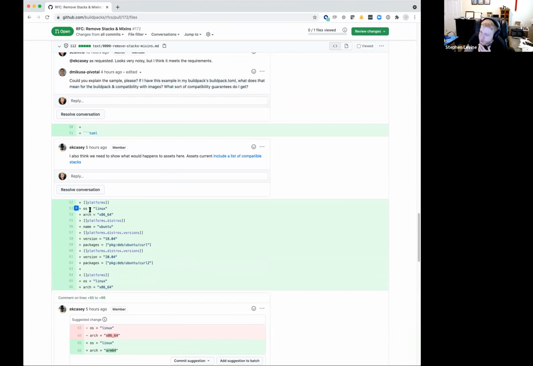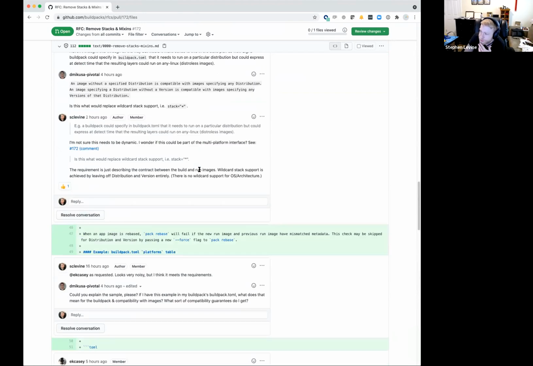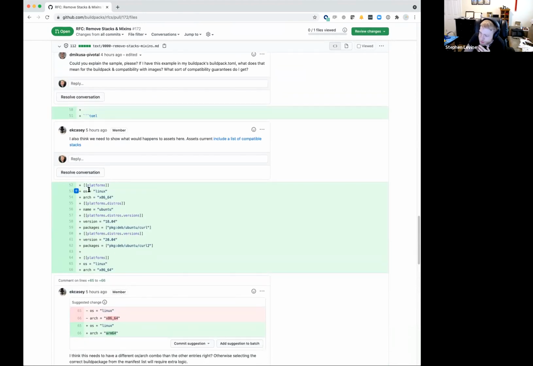Yeah, so it's kind of explained up here, but more vaguely. Basically each entry in platforms creates a new separate buildpack image that's part of a manifest index. The OS is like Linux, architecture is the machine architecture, and then there's the name of a distro.